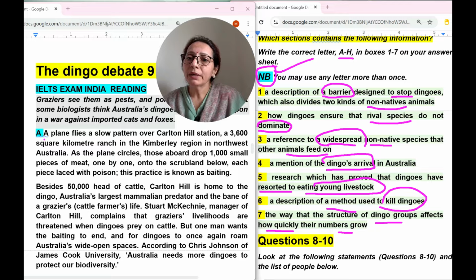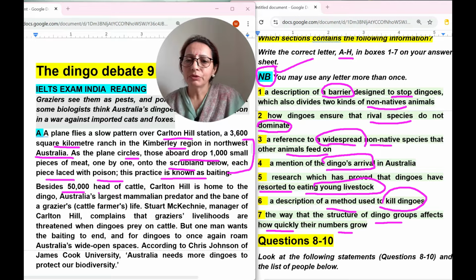So, first paragraph. A plane flies a slow pattern over Carlton Hill Station range in this region. This is all unnecessary information. As the plane circles, those aboard drop 1,000 small pieces of meat one by one onto the scrubland below, each piece laced with poison. This practice is known as baiting. Okay, so they are explaining the baiting process. So they are talking about a plane that flies in